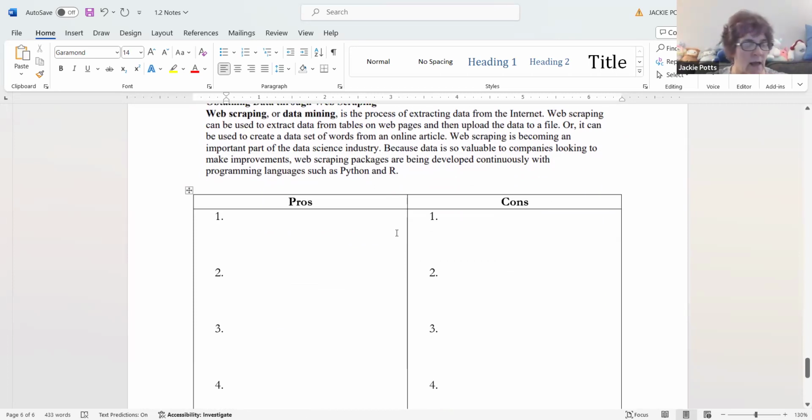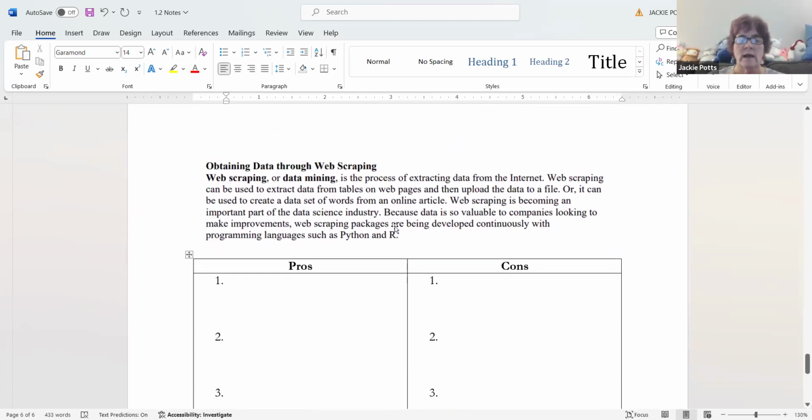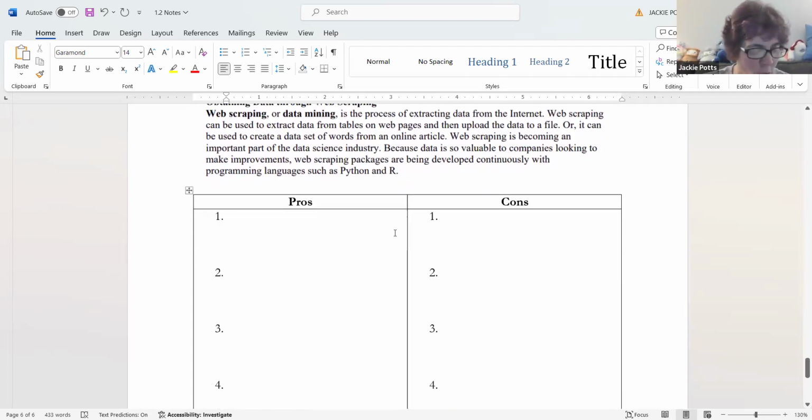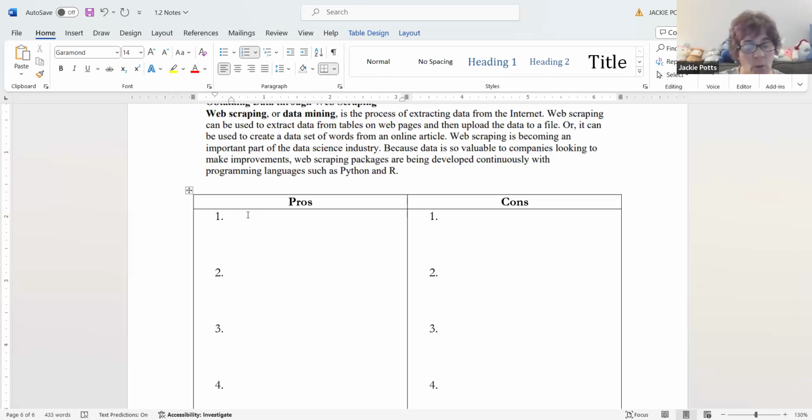Now, getting into the last thing. Web scraping. I don't know if you know what that is, but basically we go through and extract information from the internet. That's your cookies and such. And there are pros and cons to this. All right. One of the things that's a pro: